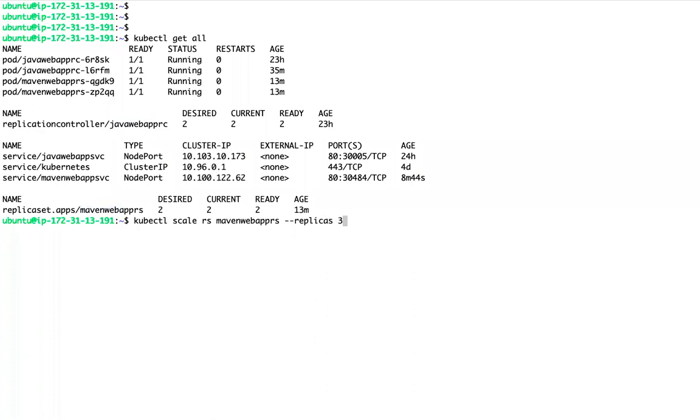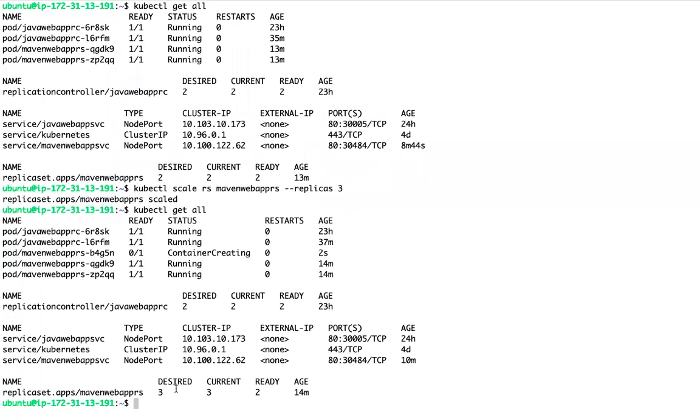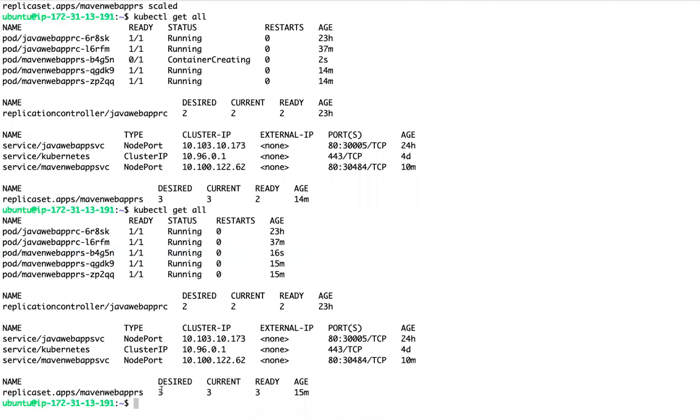I can scale up. Desired 3, currently 3, ready is 2, because it is still under creation. Once it is ready, you can see desired 3, current 3, and ready 3, because all the pods are up and running.